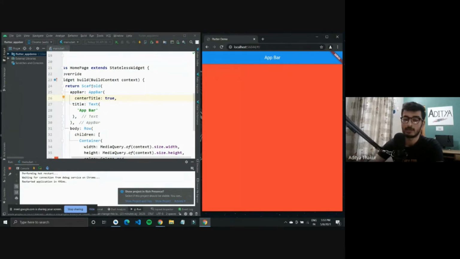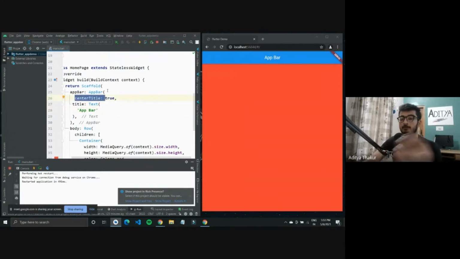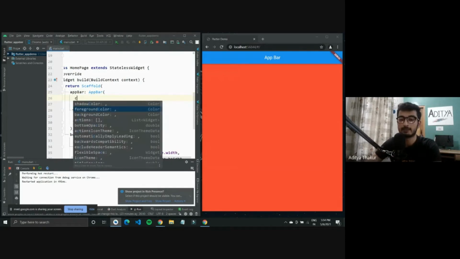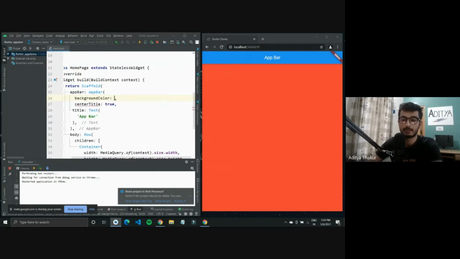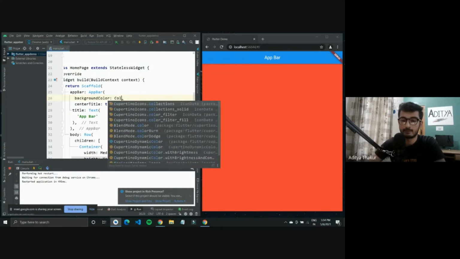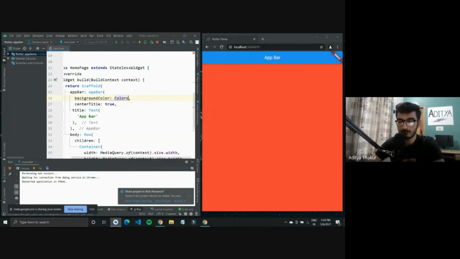You can simply go over to a widget and check out all the available properties in it, or go over to the app bar documentation, or simply type it in and you'll get all the different properties. Like if I wanted to change the background color, I can simply type in color and I'll get backgroundColor, and give it some color, as in Colors.yellow.